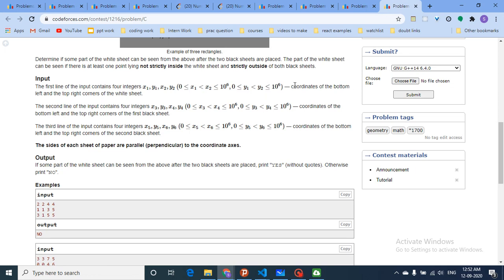It can be up to 10 to the power 9 also, but it doesn't mean that we have to iterate over all the coordinate values. You have to see that in geometry problems the value can be very large, but I have to see on how much value I can iterate. The value on which I have to iterate should not exceed 10 to the power 6. That's a standard value. It can be 2 into 10 to the power 6 or 3 into 10 to the power 6 according to some compilers, but a standard value is 10 to the power 6 only.